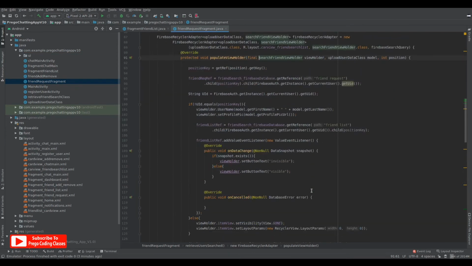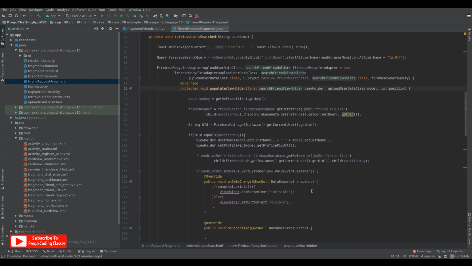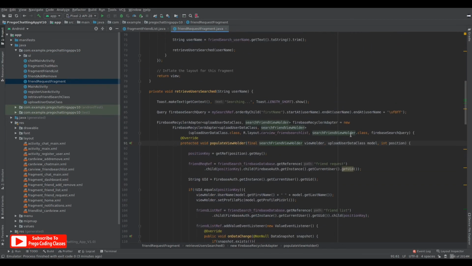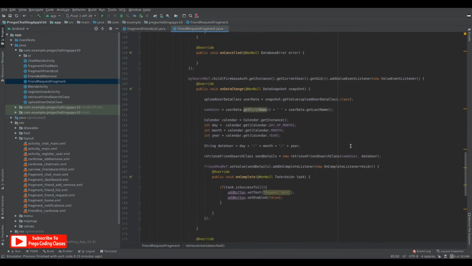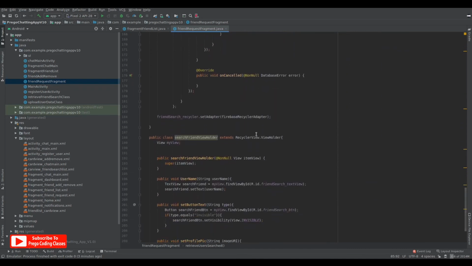Okay, now there are two end at shown over here, but there should be only one. So keep the last one and delete the second last one, and then go down to the view holder part.